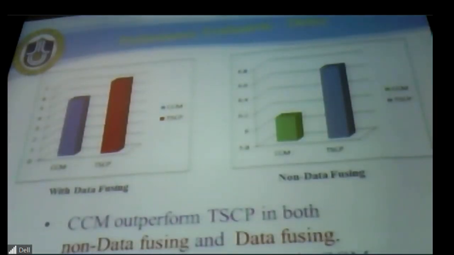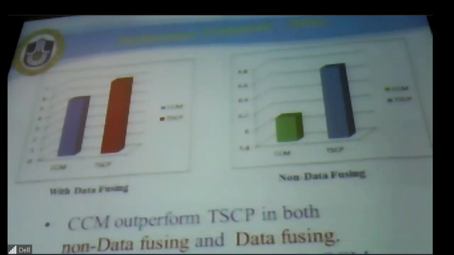While the delay is not more affected by both approaches, the CCM still outperforms the TSCB in both approaches. This is because the CCM considers the cluster base in the second stage, while the TSCB considers the chain base in the second stage or the second phase. And all of us know the chain base has some delay and adds more delay for